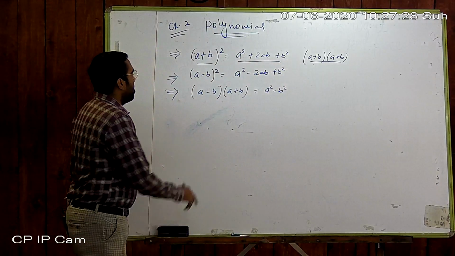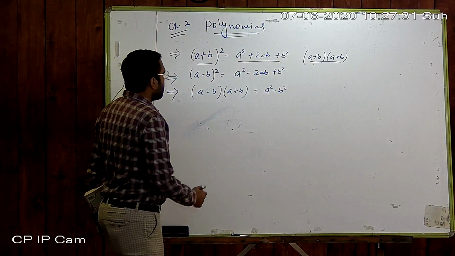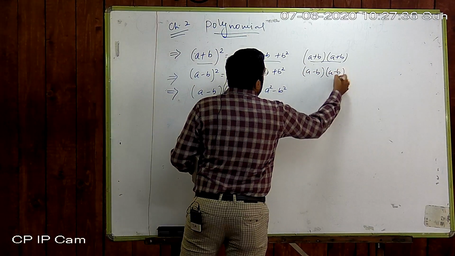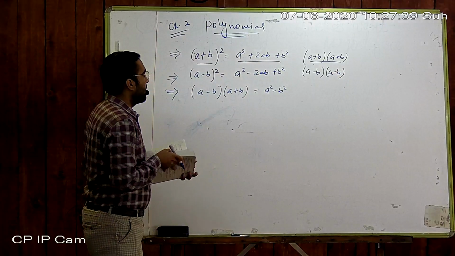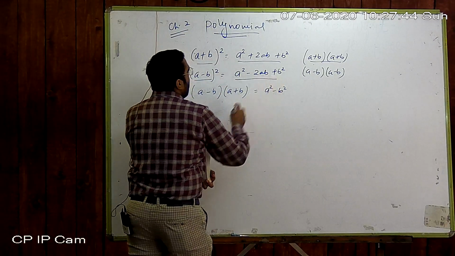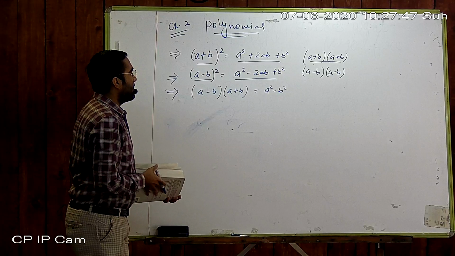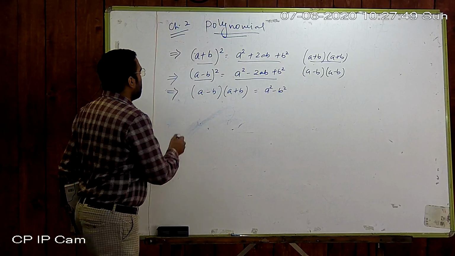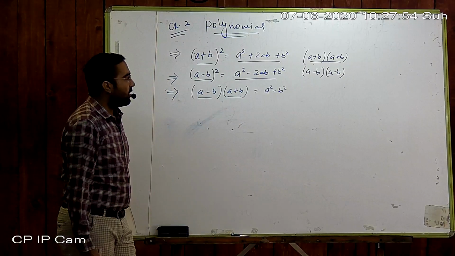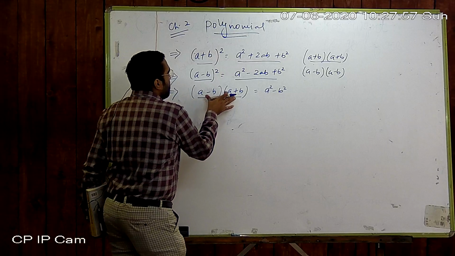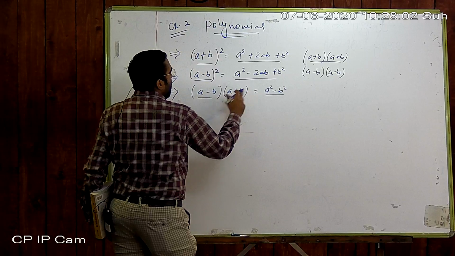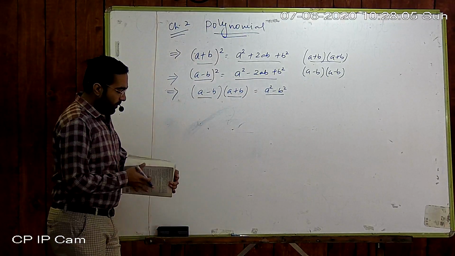In the second formula, you have to multiply same terms and with the same signs. So that's why we write a minus b whole square, and the formula is a square minus 2ab plus b square. Now your third formula is, here the terms are the same but the signs are different. So when we have to write same terms with different signs, my answer is first term square minus second term square. Please note down this.